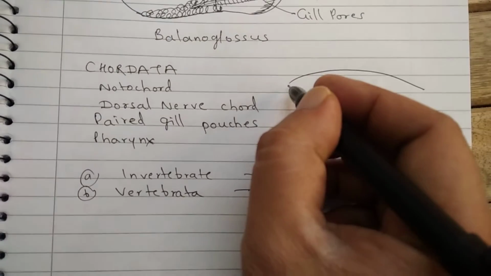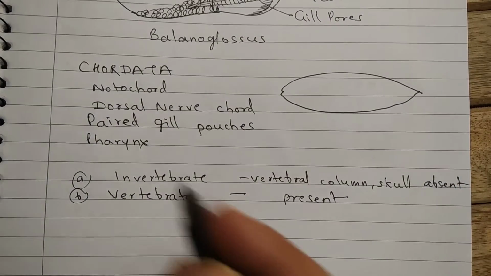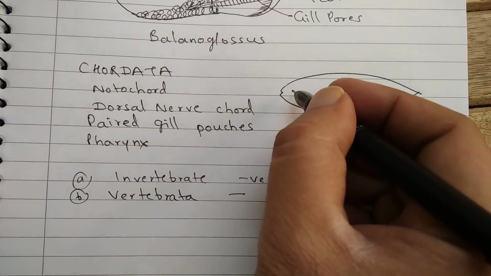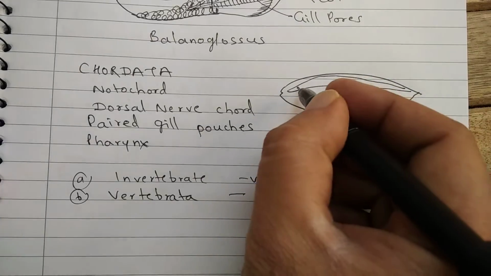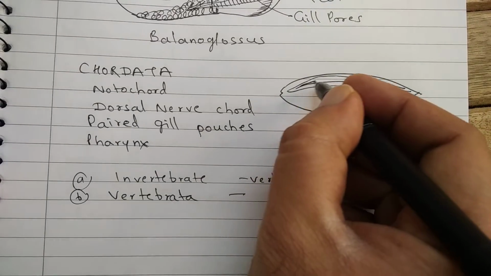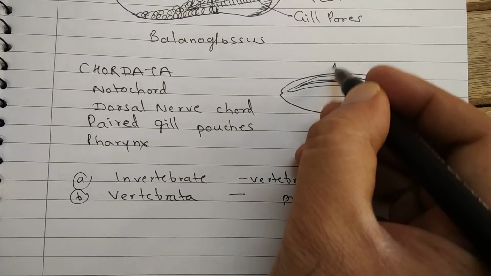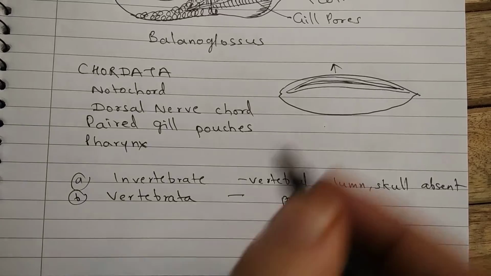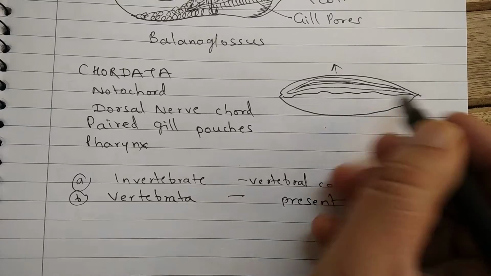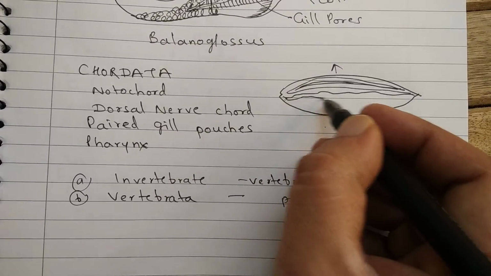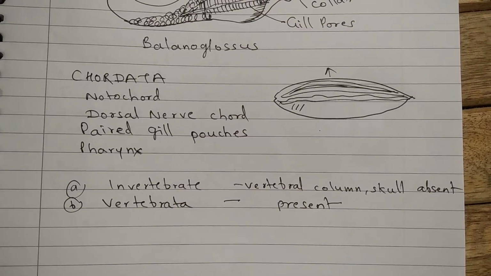Say for example, this is the body of an animal, and dorsal nerve cord and notochord means that this is the notochord. A nerve cord passes through the notochord. This is dorsal, means this is away from the base, at the upper surface of the body. Okay. Now paired gill pouches or pharyngeal gill sets. This means there is an alimentary canal which starts from mouth to anus, and there are gills for respiration. So this is the basic design.